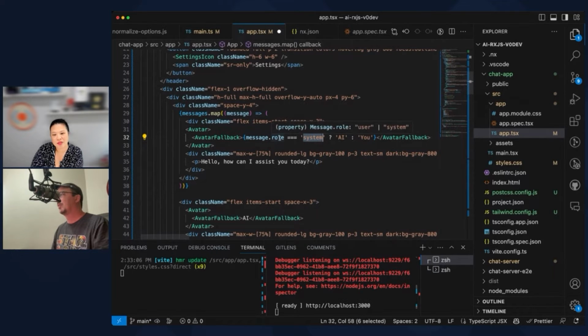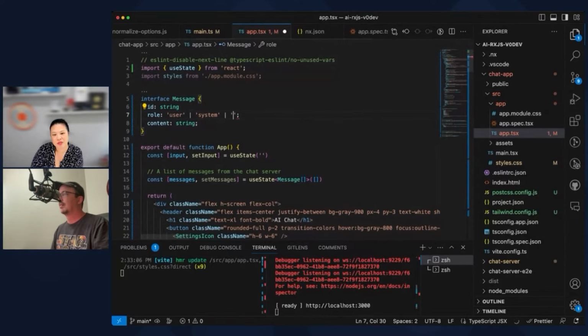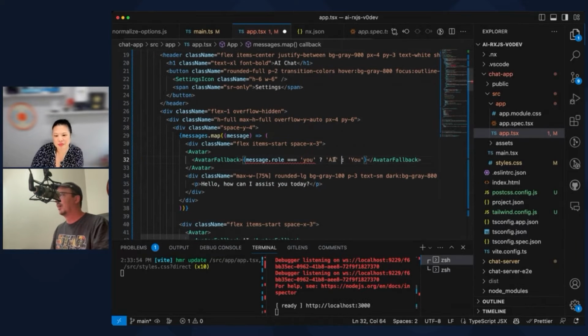There's more roles than just system. I think there's, hold on. Assistant. Anyways, I'll say if the message role is user, then you. Otherwise, AI. Super hacky, but that'll do.